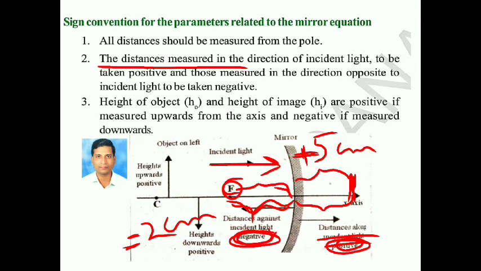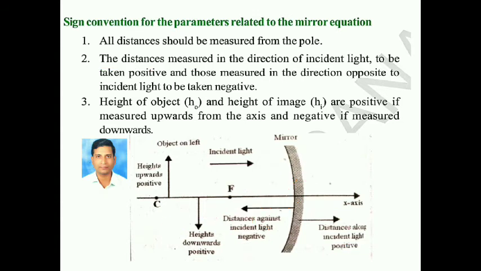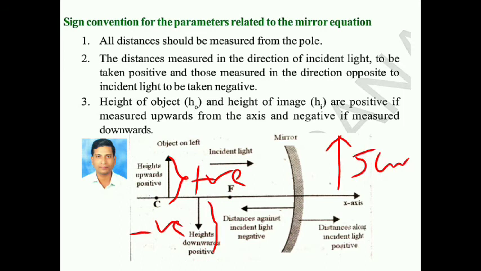And third rule, height upwards should be taken as positive. Height downwards should be taken as negative. For example, we have object height 5 centimeters. It should be taken as positive because